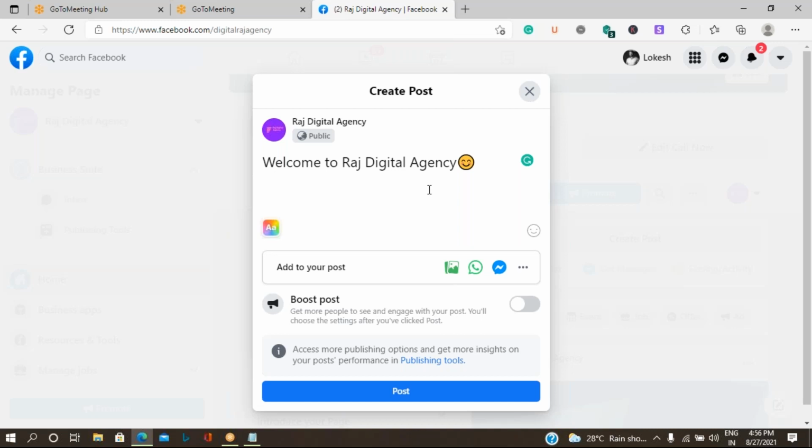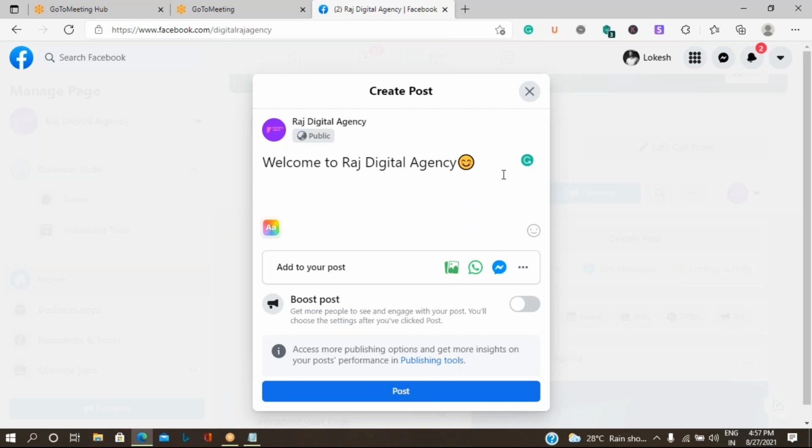Okay, so now if you want to complete it, then you are supposed to click on this option called post. So if you click on post, immediately it will show the post information on your business page.